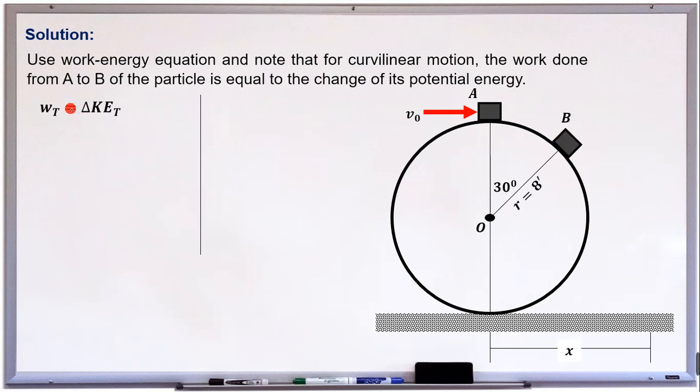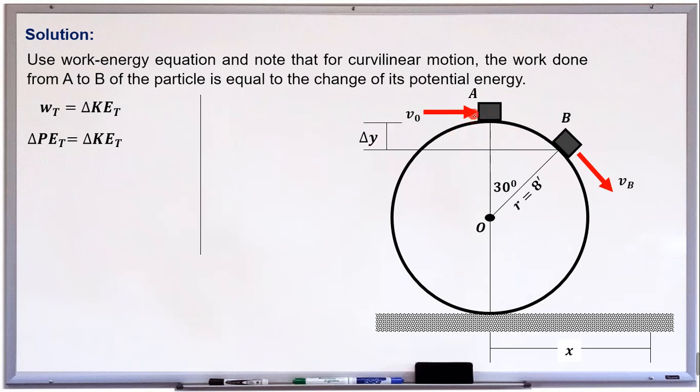Now, from the work energy equation, we have the total work done is equal to the total change in its kinetic energy. So the total work done by gravity force is simply equal to the total change in its potential energy from this position to this position. Since we use the potential energy right here, we will need information for the elevation of these two positions. What will be the